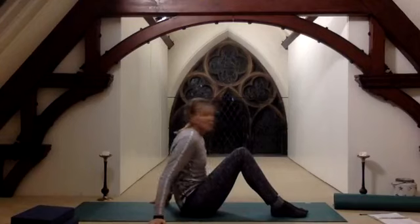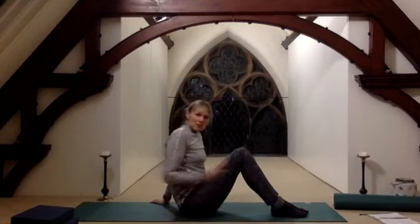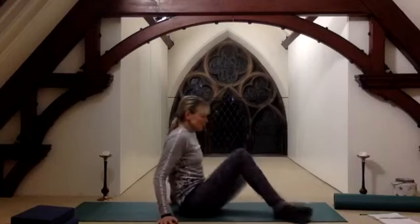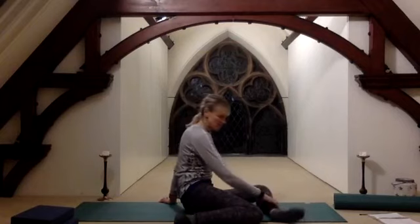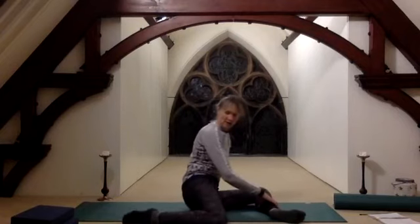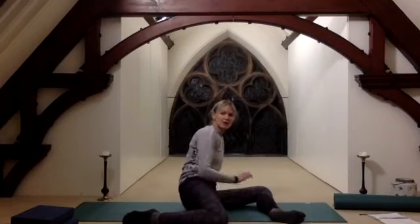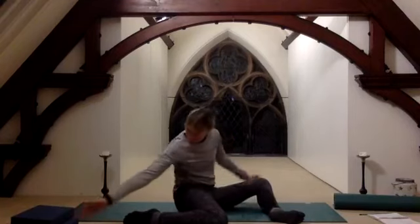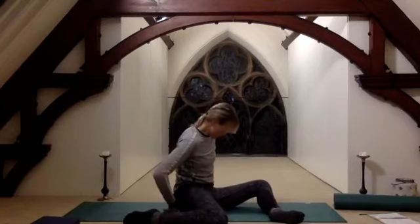Okay, so from here we're going to do deer, which is a stretch for the hips and a stretch for the quads. So from seated, we're drawing our left shin so it's in line with the front of the mat, and we're drawing our right knee back. So we want to try not to lean over to our left. We want to be over the centre, and if you notice that you are leaning over to the left a bit, you can